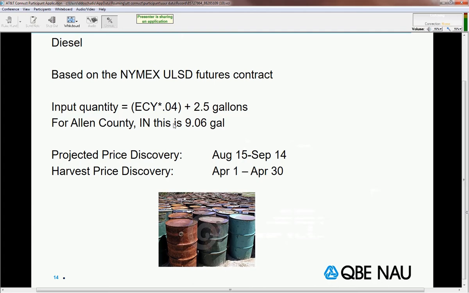So we're going to work through an example. This is an Allen County example. None of these rates and rules technically have been filed yet, so this is a sort of an arbitrary example, but it should be fairly close to how Allen County, Indiana turns out. So in this case, if you took the expected county yield for Allen County, Indiana, times 0.04 at 2.5 gallons, we arrive at an input quantity of 9.06 gallons of diesel in this county for this